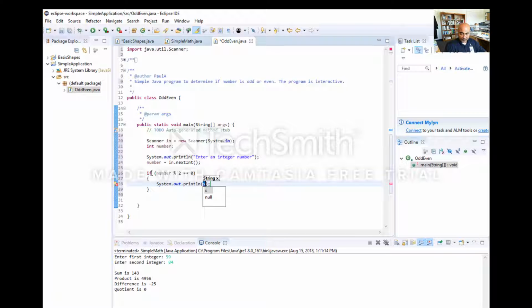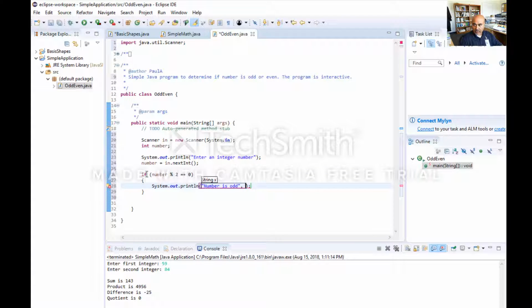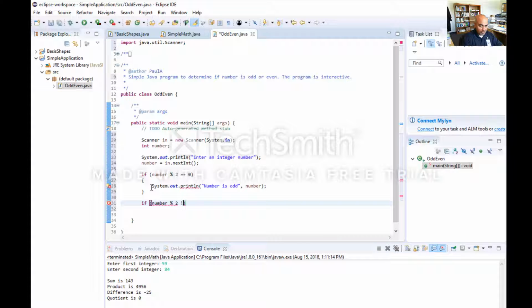And I'm going to say System.out.println number is odd, and I can even display the number, if I need to. Now I can write another if statement here, and this time I'm going to say if number % 2 not equals 0,